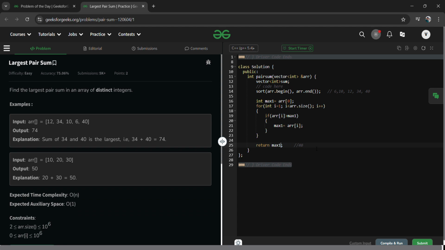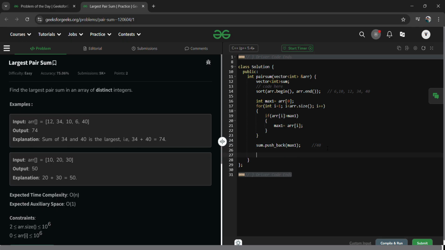Now we can simply return it in the vector. So here I've declared the vector by some variable. Here we can say sum dot push back, and here we need to store the maximum one element. Once we have stored these things, now we need to follow the same steps